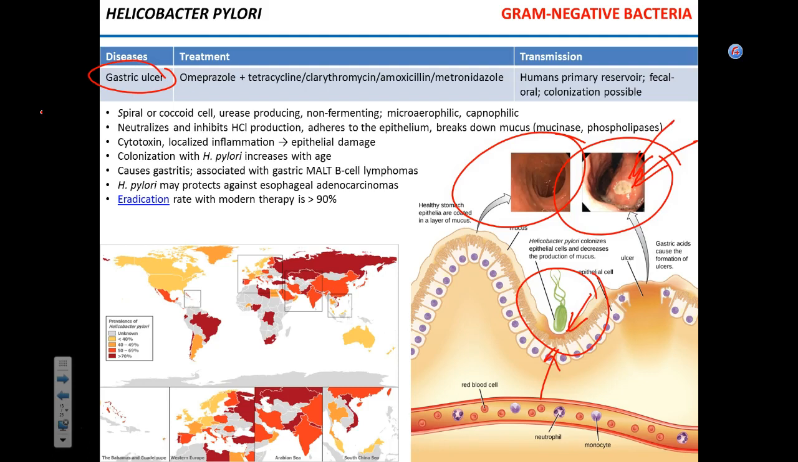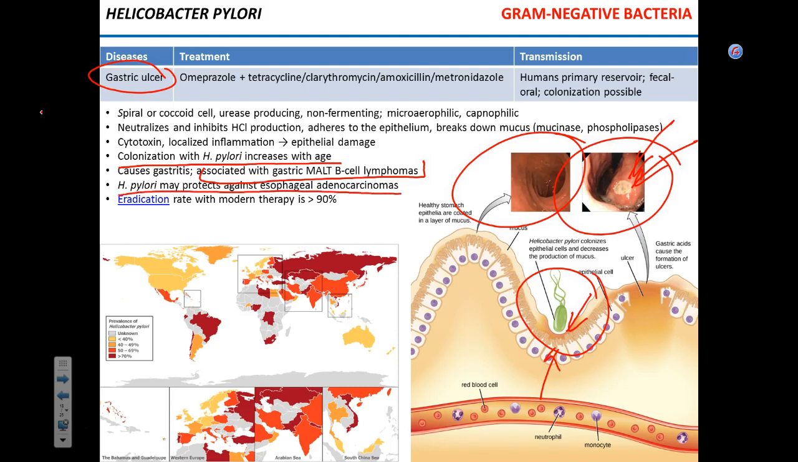Now, the older you are, the higher the colonization rates in your age population. On top of the regular ulcer, it can cause gastritis, and peptic ulcer caused by Helicobacter pylori is associated with a B-cell lymphoma of the stomach, so basically with one of the forms of stomach cancer. Now, an interesting thing is that H. pylori